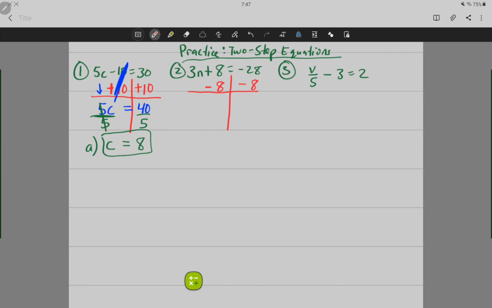Okay, 3n, we haven't touched it yet. That's okay, let's just bring it down. So now our equation says 3n. Bring down our equal sign. Now remember, from adding and subtracting integers, if you have negative 28 and you subtract 8,